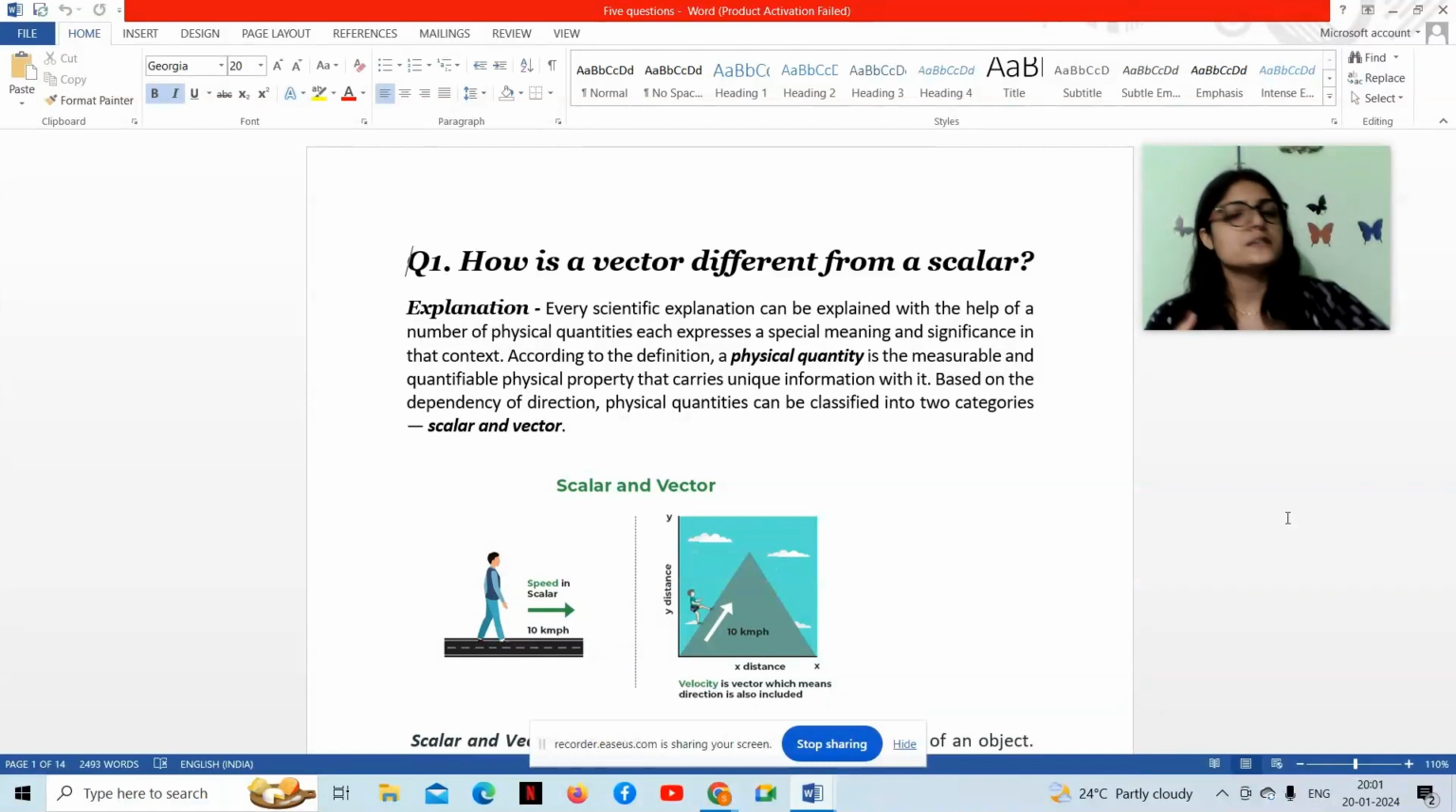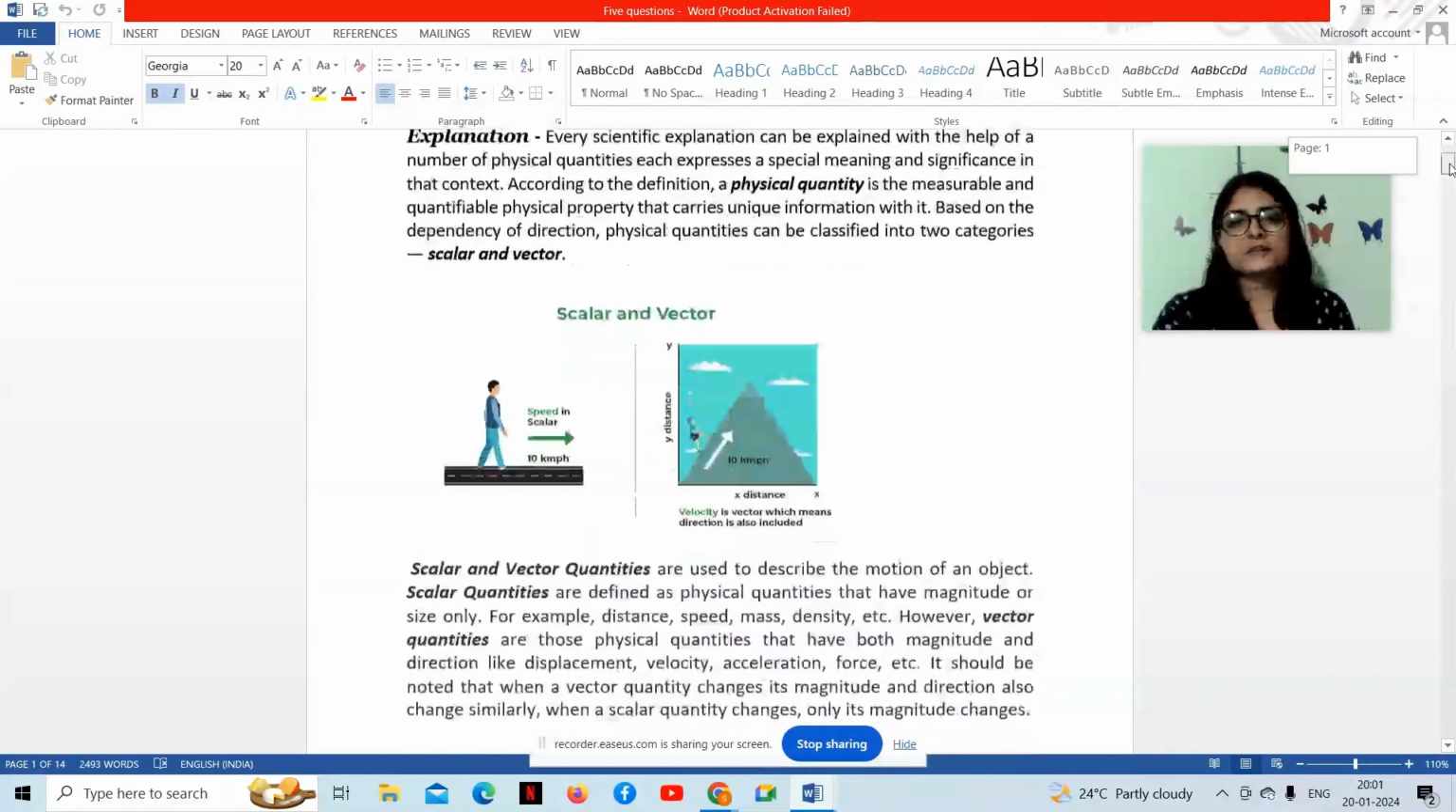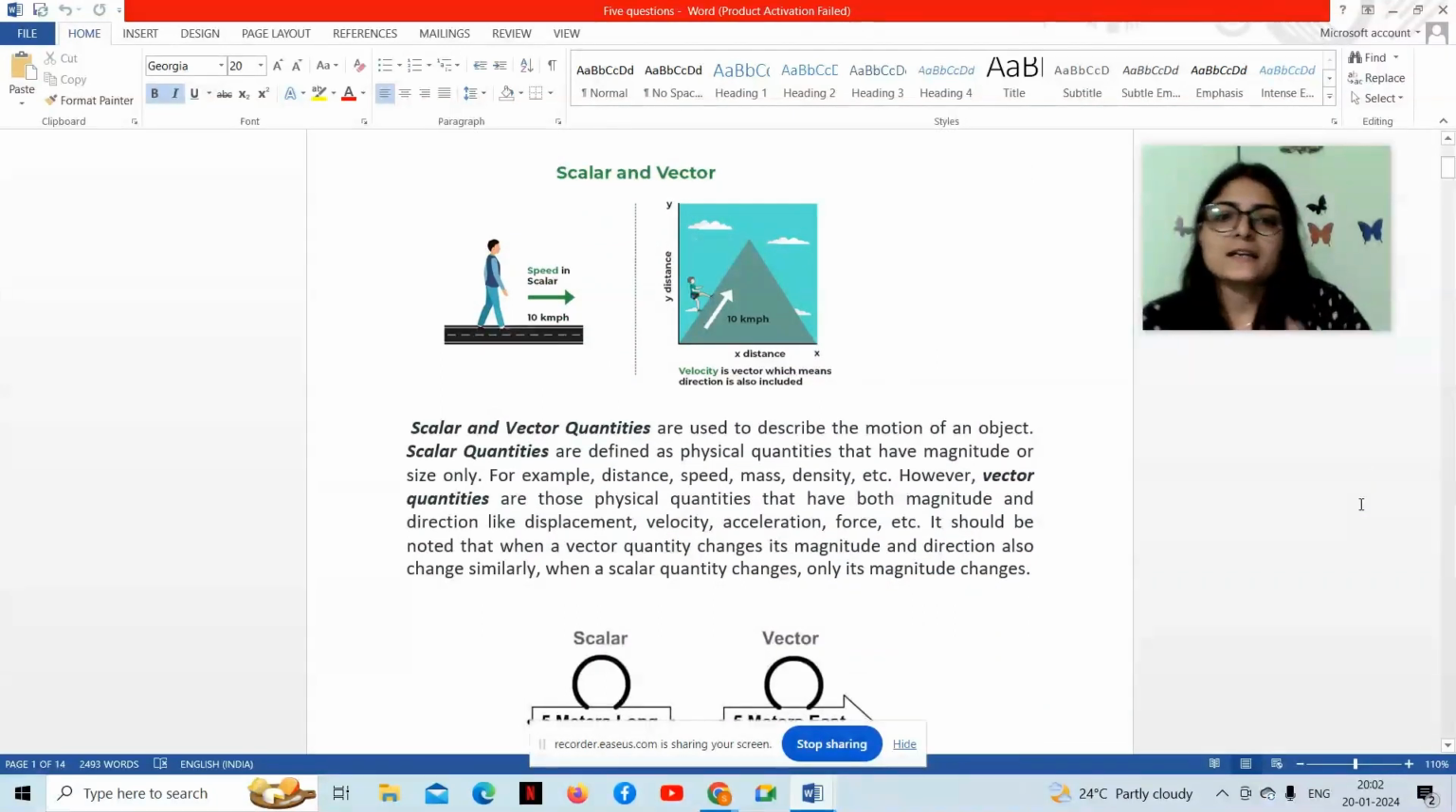Based on the dependency of direction, physical quantities can be classified into two categories. The first one is the vector quantity, the second is the scalar quantity. The basic difference is that scalars have only magnitude or size, for example speed, mass, density, distance. No direction. But vector quantities are those physical quantities that have both magnitude as well as direction, like displacement,